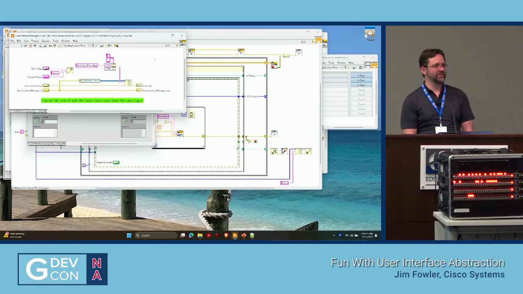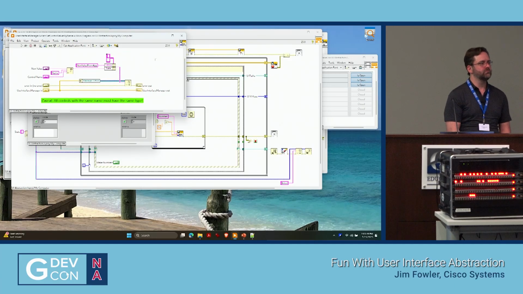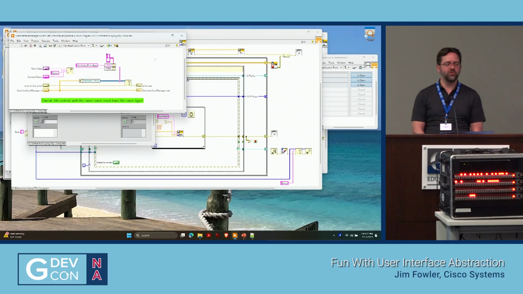Any other questions? Will it work for reentrants? I mean, it should. What part of reentrancy are you speaking of? I was just wondering about the two copies of the same VI. They're reentrant. Can you inject these control values? Yeah, as long as they have the class, they can send the event.